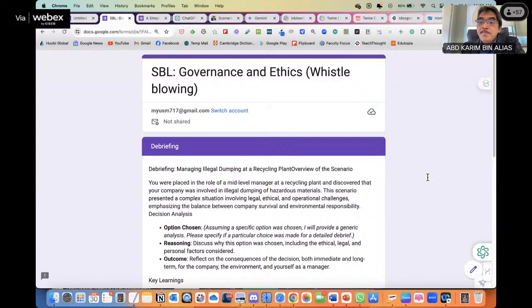Out of mini scenarios and branching scenarios, which one are preferred? Well, it depends. In most cases, for all intents and purposes, as you can see from the example here, a mini scenario or simple scenario can do a lot to get students to apply and analyze whatever concepts, principles, and facts they have learned.